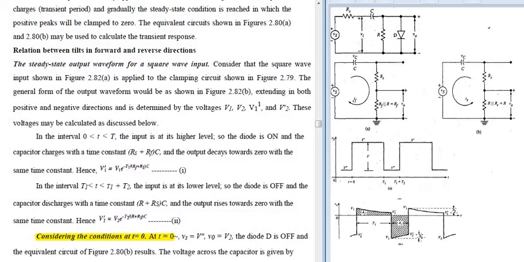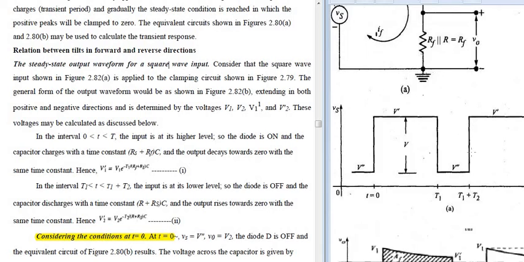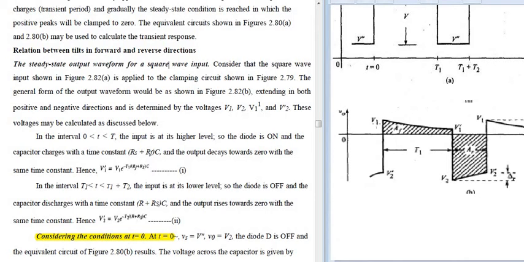So the general form of the output will be indicated in this part, where you will be having these 4 terminologies. Okay, there are 4 voltages: first V1, then V2, V1 dash, as well as V2 dash. I hope you are clear here. I'll just make a bigger one. See this? So we are having V1 as the output.